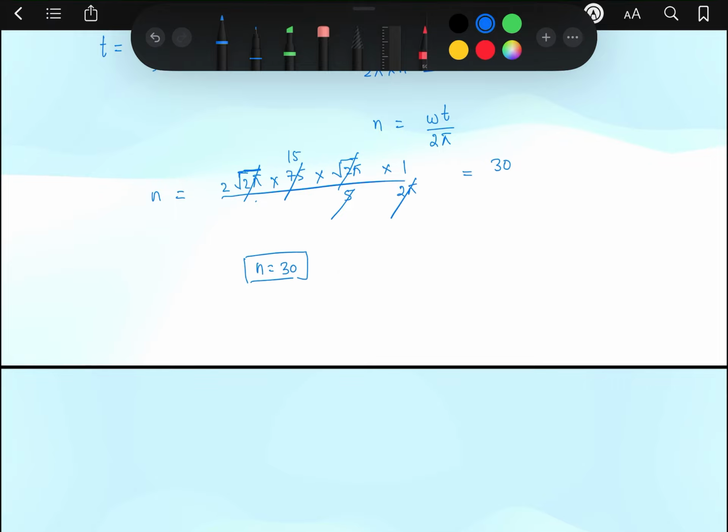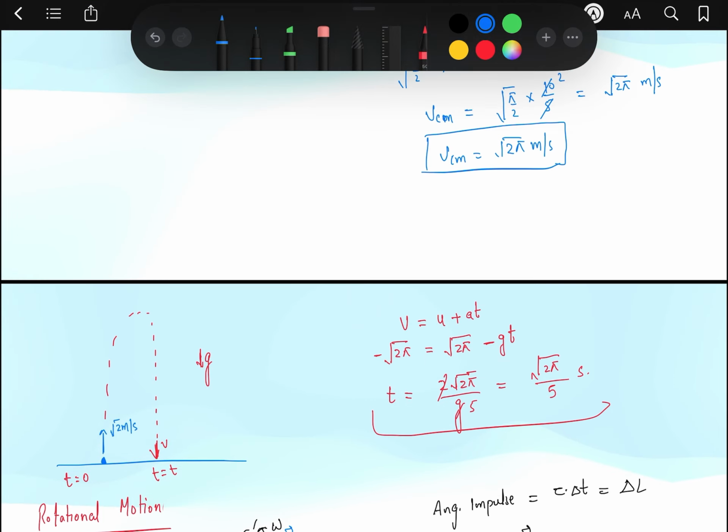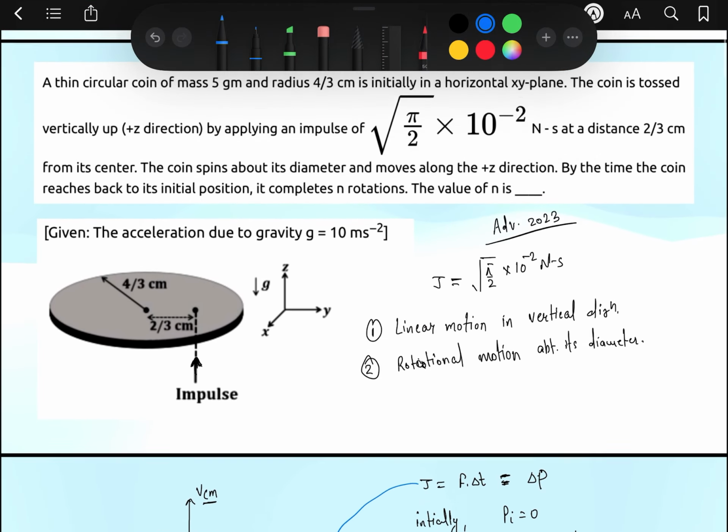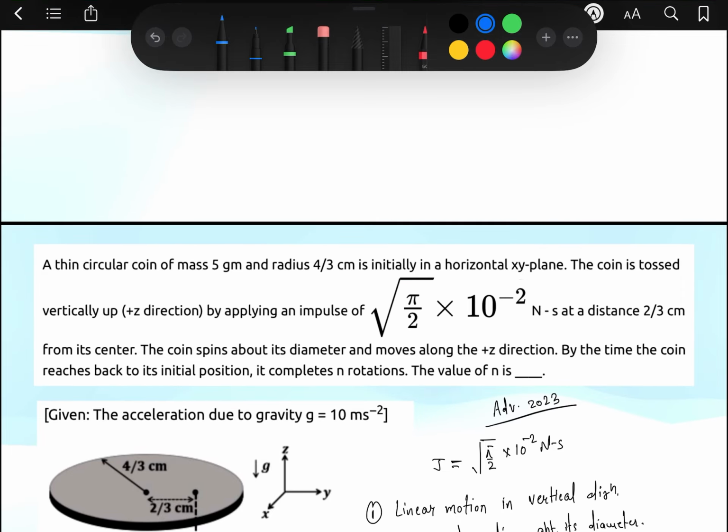So this coin will be doing 30 rotations before coming to its original position again. Okay, so this is the process we used here to solve this question and the concepts. Okay, the correct answer is n is equal